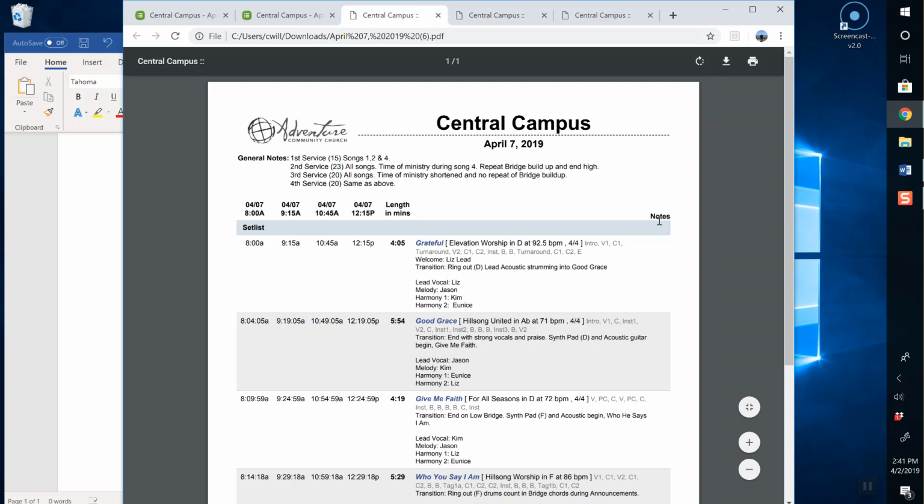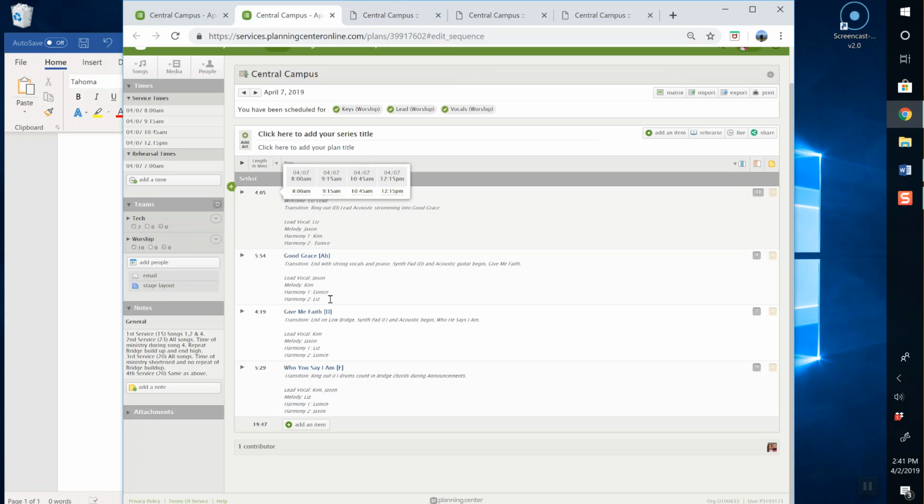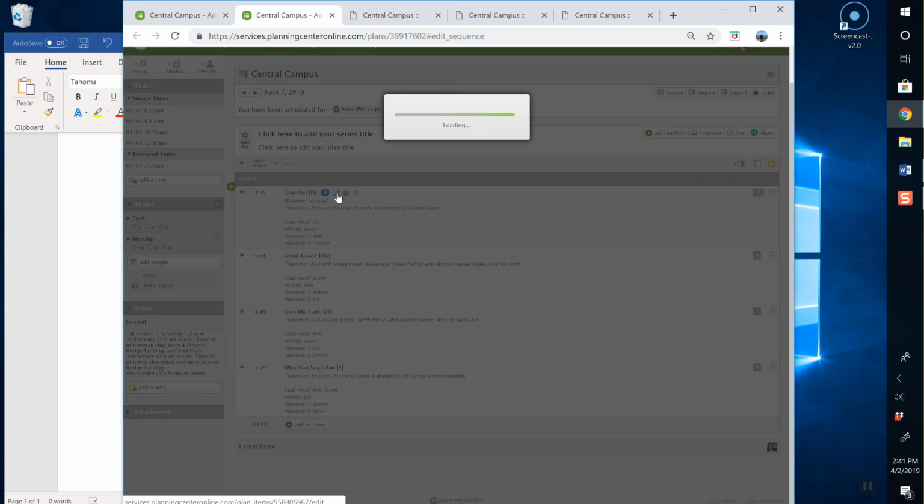I'm going to quickly talk about this notes column that you see here. I haven't found a great purpose for this notes column, which is why you don't see anything there. But I will show you how to get to it, and if you so choose, you may use it, and please let us know if you find a great use for it. So you would go back to your plan, edit an item,